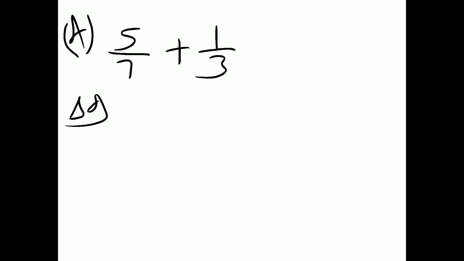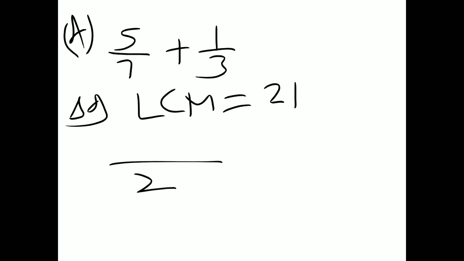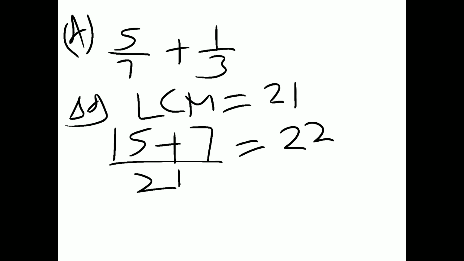Now we do D part. D part is 5 by 7 plus 1 by 3. As you know, 7 and 3 are prime numbers that do not come in any table, so you multiply them. 7 3s are 21. Clear? Now you write 21 down. In the 7 table, 21 comes at 3s are. 5 3s are 15, plus in the 3 table, 21 comes at 7s are. So answer will be 7 plus 15 is 22 by 21. This is the answer of D part. Clear? Now we do E part of it.